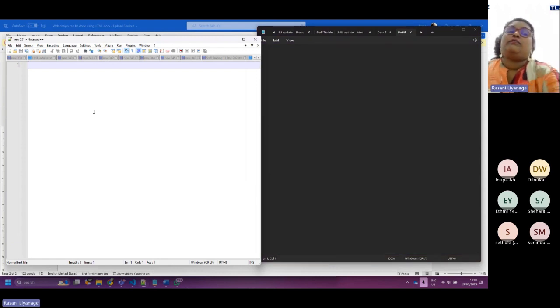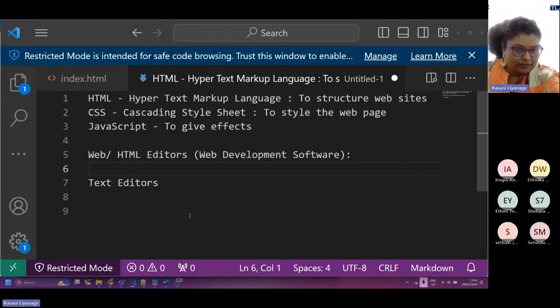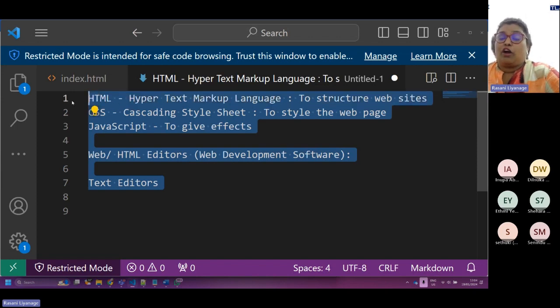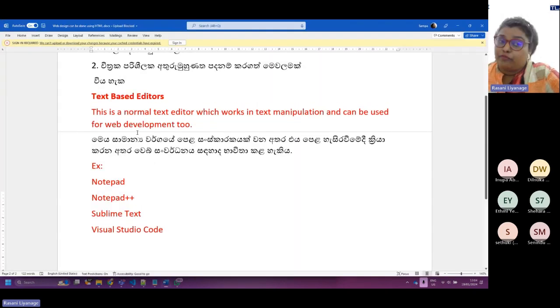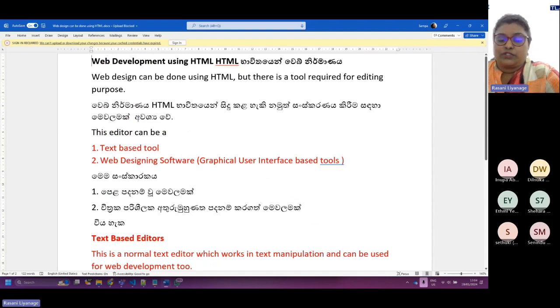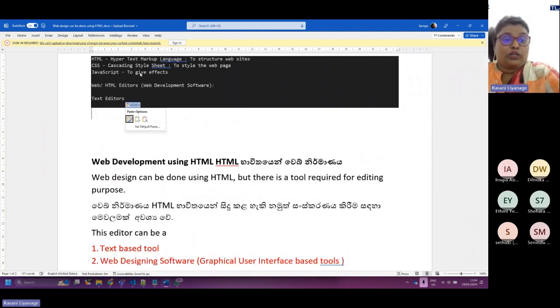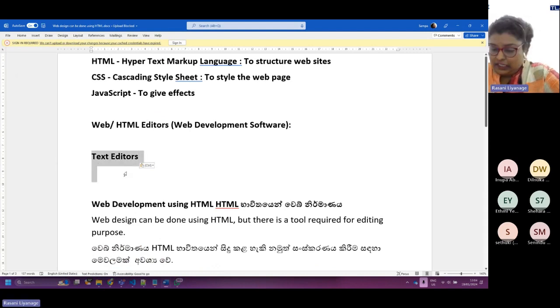Then the little improved version is Notepad++. Today we are using Notepad++, but there's even a better version, this one. So this is Visual Studio Code. For students from grade 9 upwards, I'm using Visual Studio Code since they have to learn how the real implementation would be.